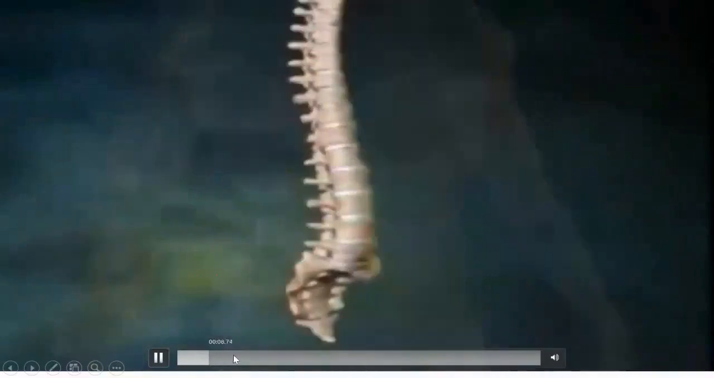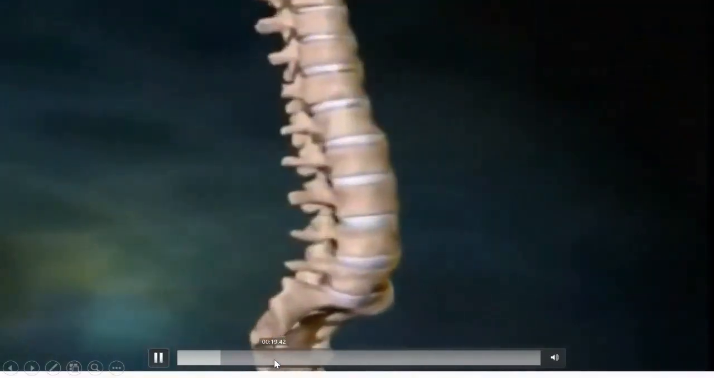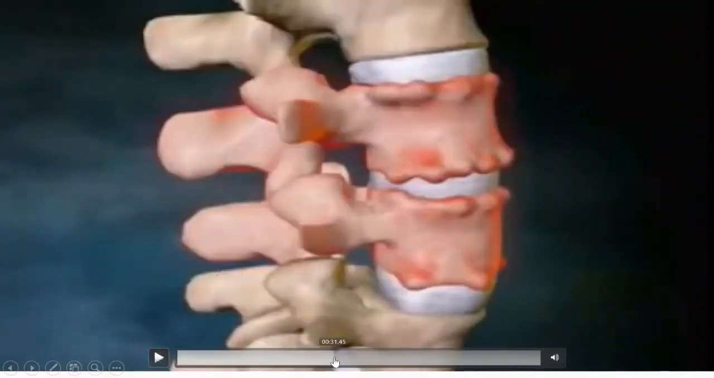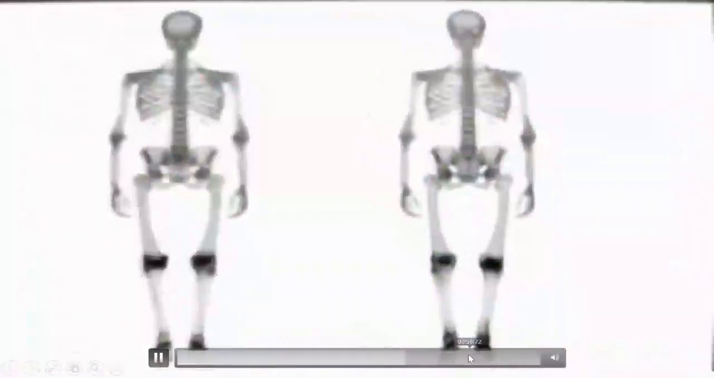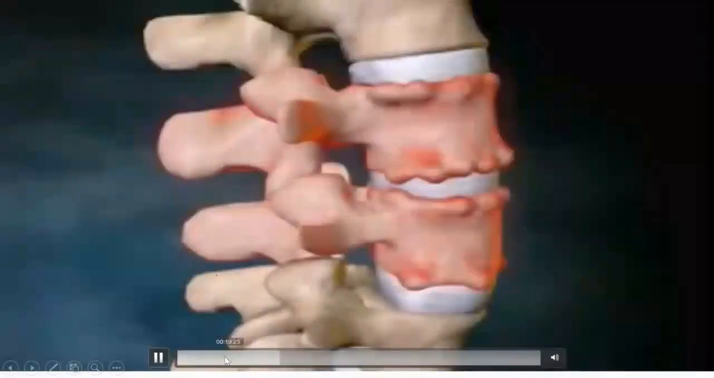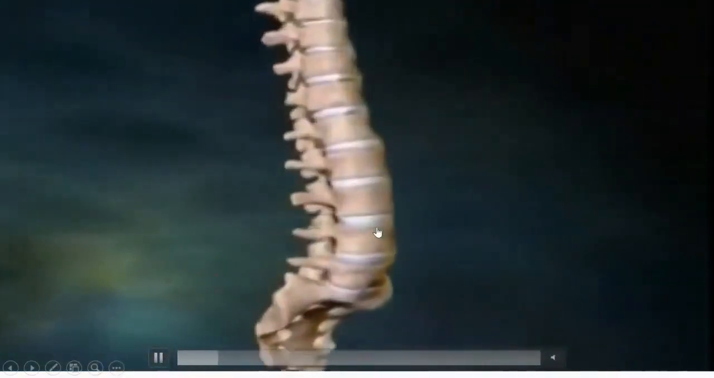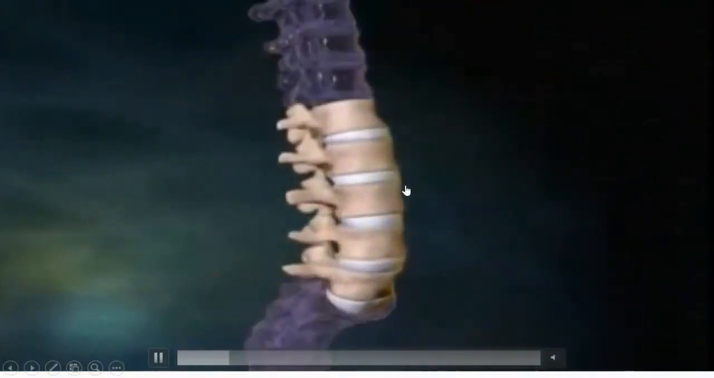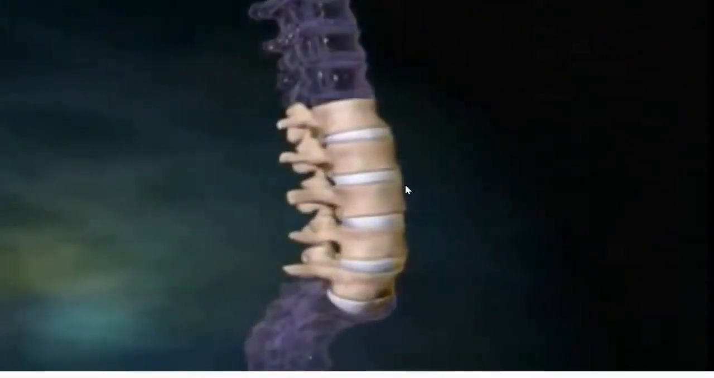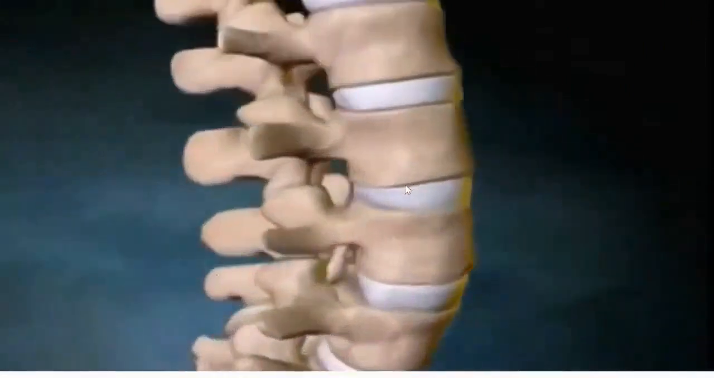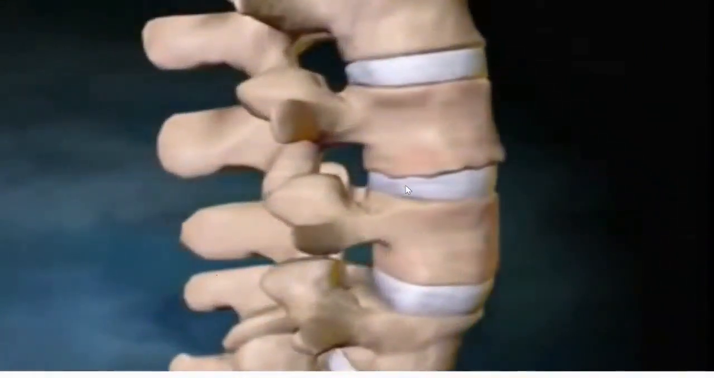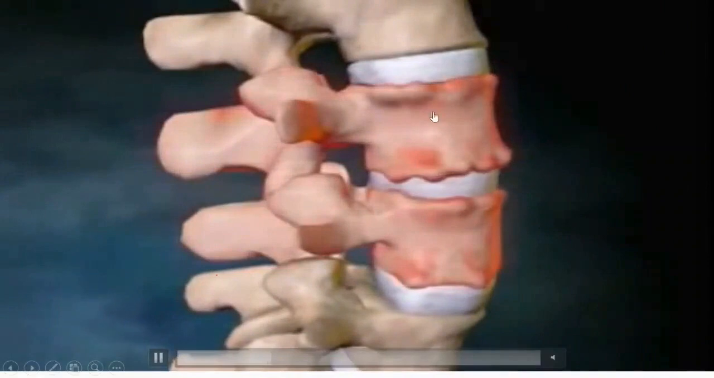Here is the same video that explains if you have a problem regarding the bone, meaning if you have an issue with the spine. For example, in the vertebrae, as we see,